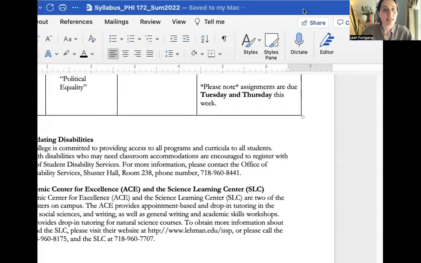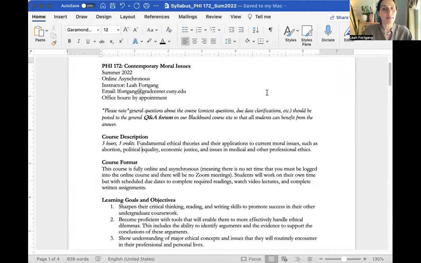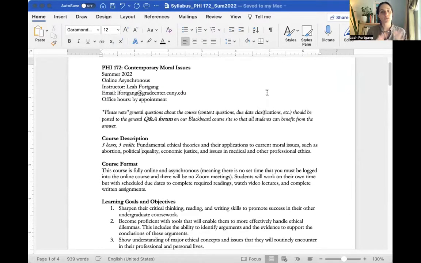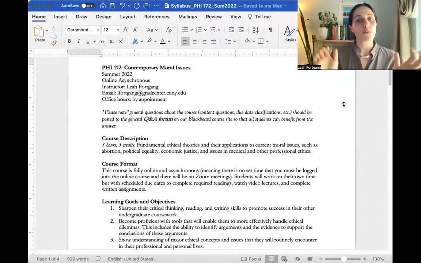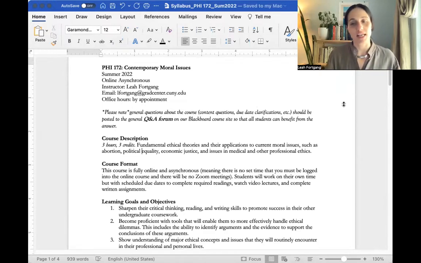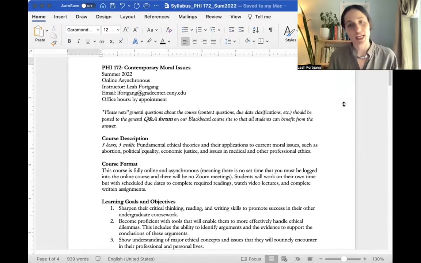All right. So first, let's just quickly look at the course syllabus. One of the first things I just want to briefly note, and I will show you exactly where this is on the course Blackboard in a moment, is something on the main menu in this class called the Q&A forum. It's its own dedicated discussion board forum for questions about things like due date clarifications. If you're confused about the phrasing for a question, if you're not really sure what a question on one assignment is asking, you can post about it there.